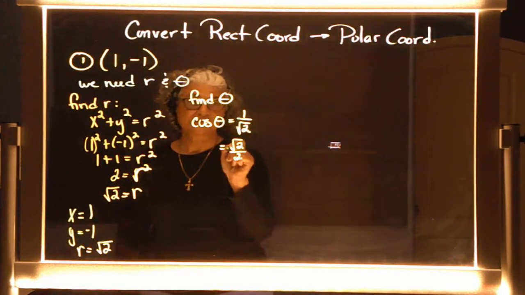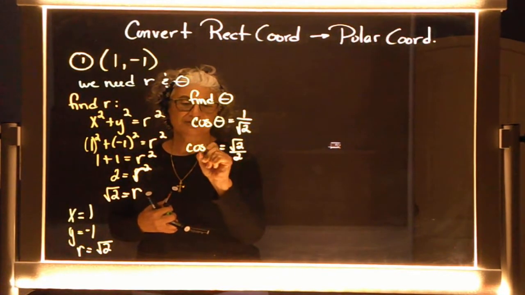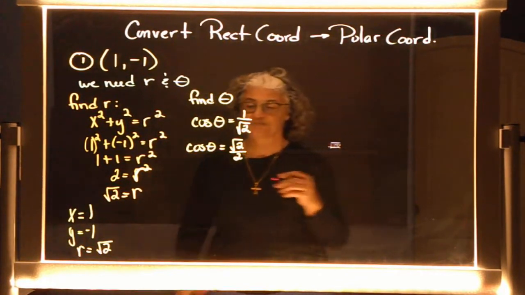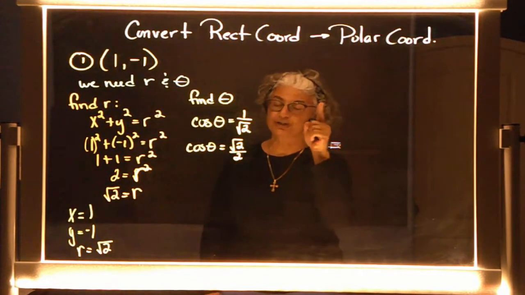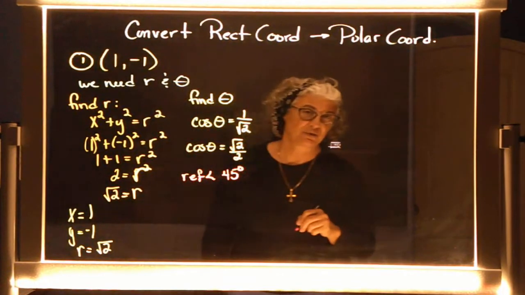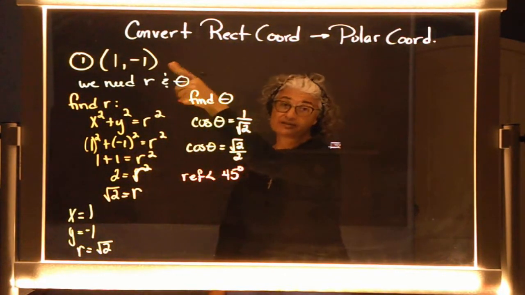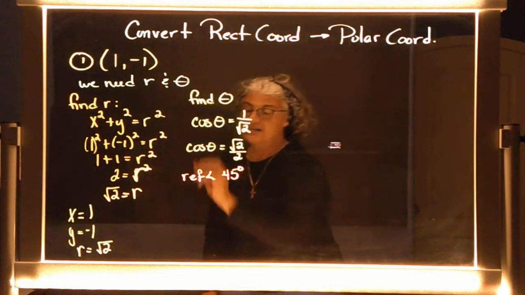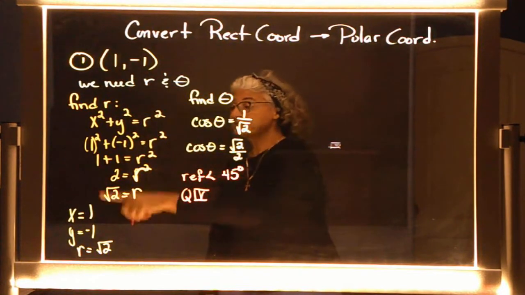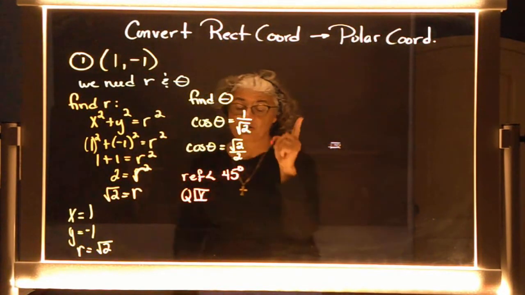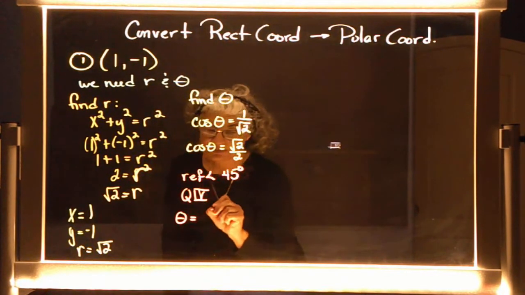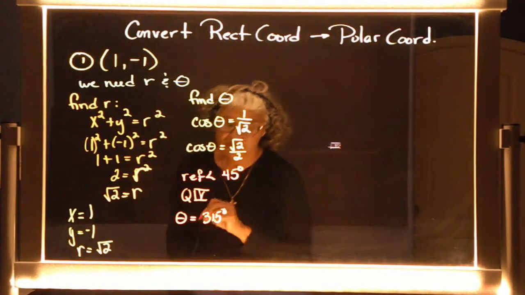Aha! Which means that if the cosine of theta is square root of 2 over 2, that means my theta is, you're like, theta is 45 degrees. Hold on. Your reference angle is 45 degrees. And you're like, why reference? That point is located in which quadrant? Yep, this is a quadrant 4 point. Positive x, negative y, that's quadrant 4, which means the theta I'm looking for needs to be in quadrant 4. So the theta would be, good, 315 degrees,